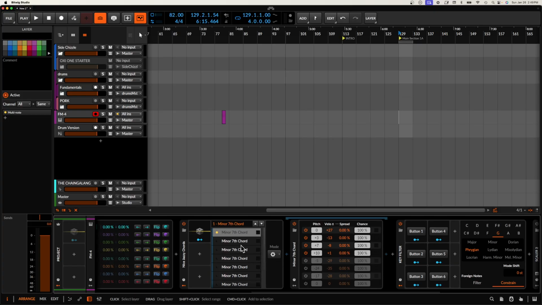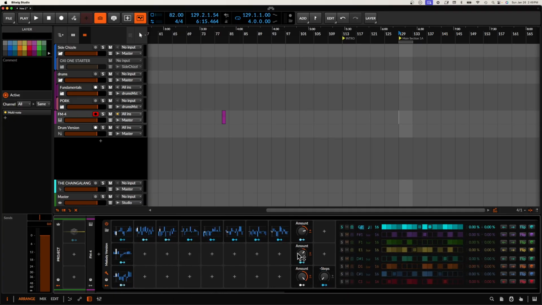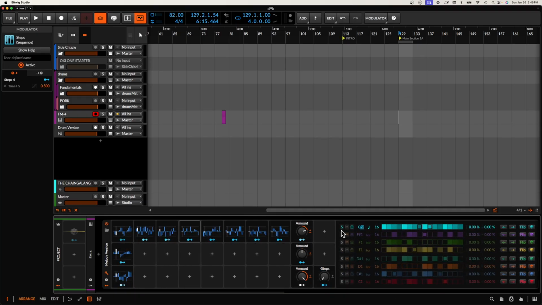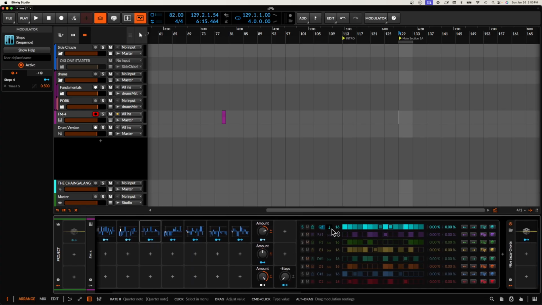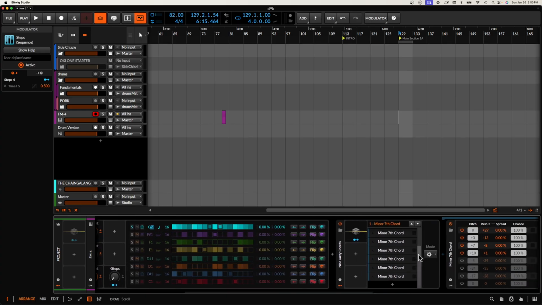And so by looking at the structure of different chords, you can select different stuff here in order to change that. So if we set the timing of this to be a little bit slower, like here, and we just let this play out, we're going to have these different chords that we can select. So